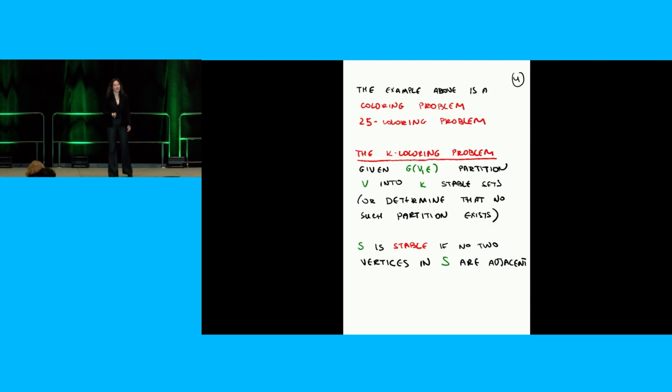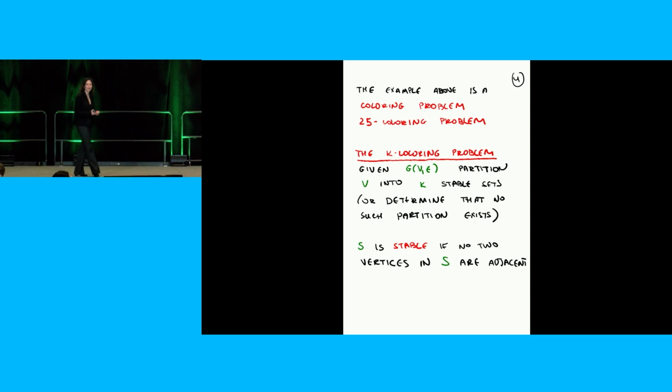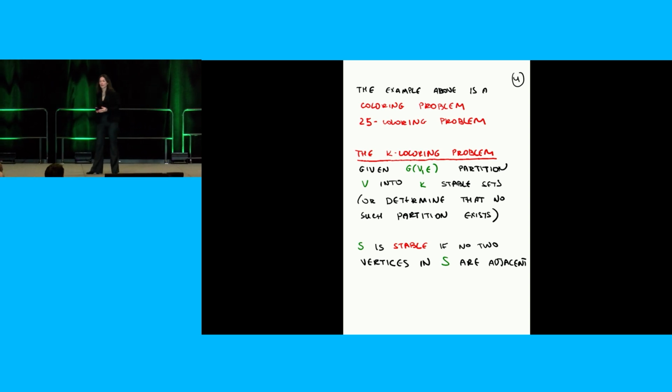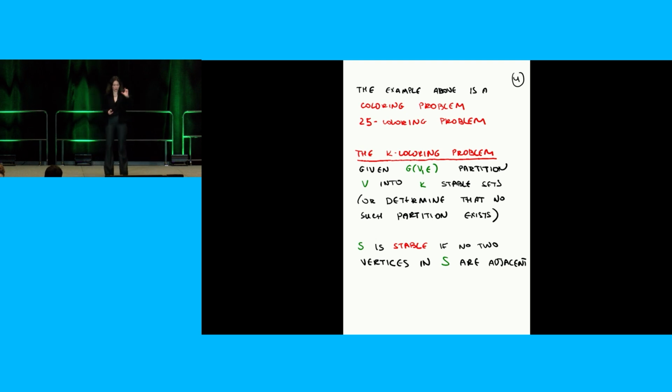So this has a name. That's a very well-known problem in graph theory. It's called a coloring problem, or more specifically, a 25 coloring problem. So why is that? Well, you imagine you color each slot with a color. So you color talks that belong to that slot with the same color. And so you have 25 colors, and you need to color the talks. And the rule is, as we already said, that talks in one color are not related. So talks in one color don't have edges between them. And another way to say it, and that's here at the bottom of the slide, is each color is a stable set.